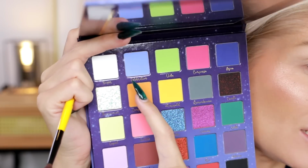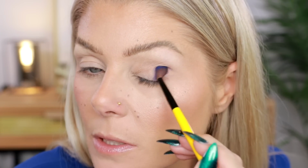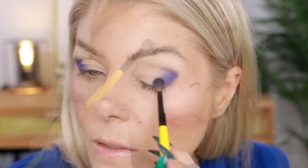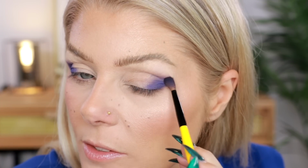I am gonna be using a bunch of these mattes, but I'm gonna start with this one. It's called Agua. And then I'm gonna do Celebration. And I'm gonna start with those two in my outer corner. And since I want this to be deep and pigmented, I'm gonna start with the dark blue first, to make sure that it's the darkest color and not layered on top of something lighter. It's gonna be dramatic, don't get it twisted, but I'm not gonna make this dark blue too much of the look. It's just gonna be the outer corner like this. And I'm just gonna buff on the edge a little bit